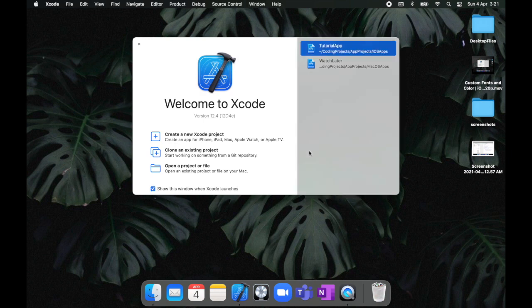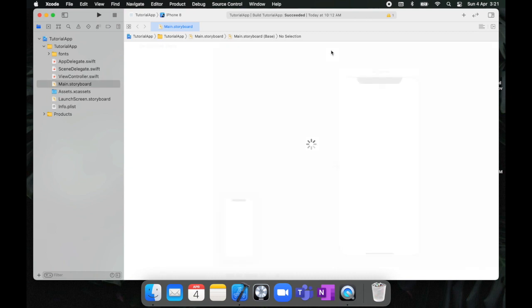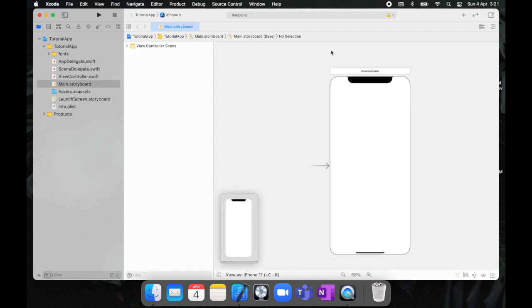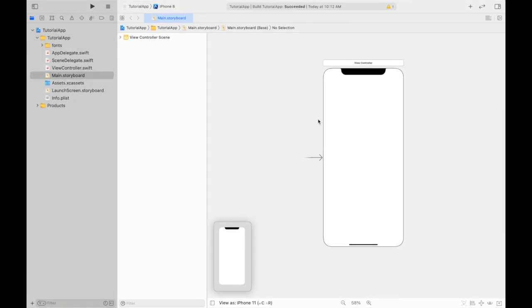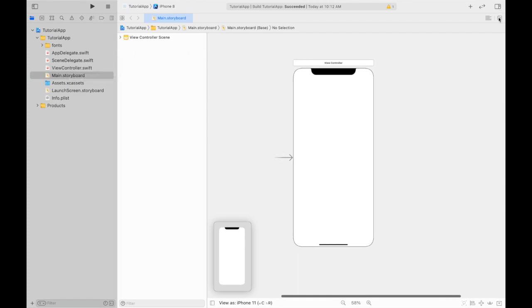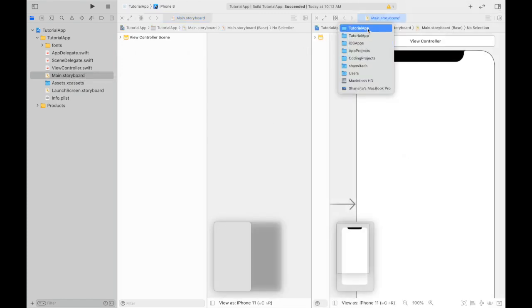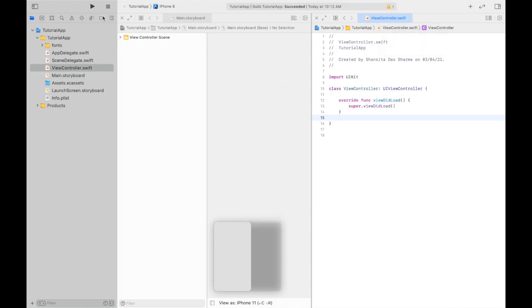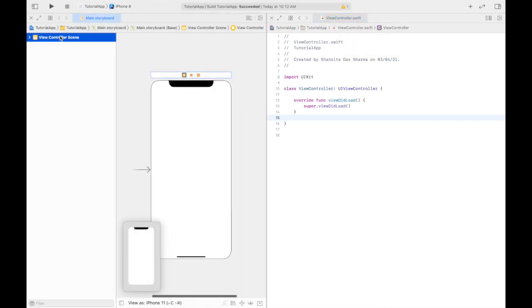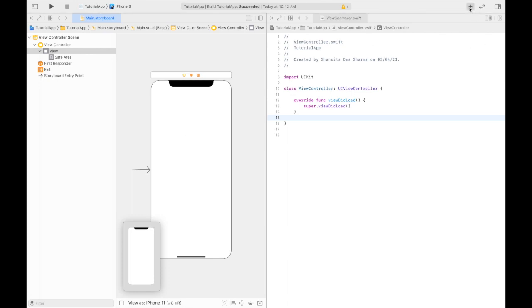Let's go ahead and create a new project. I'll be using this project that I already opened. It's a simple iOS app and it's completely empty right now. Let's make that full screen and open up the view controller on the side. There we go. Now let's drag in a button into our main.storyboard